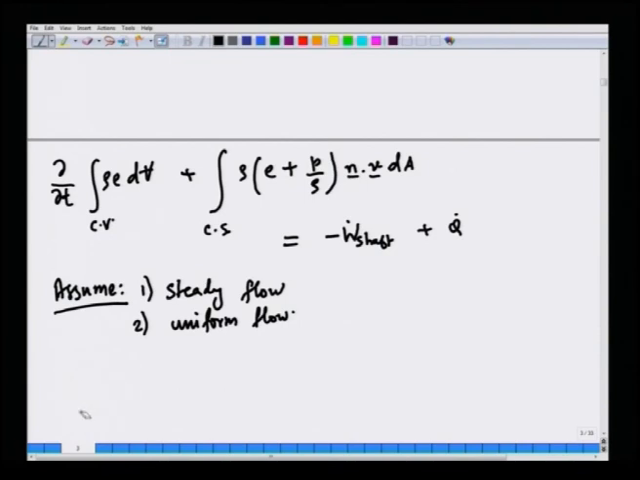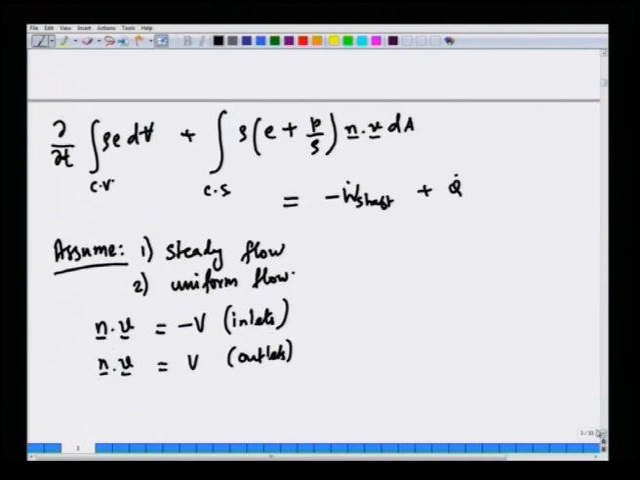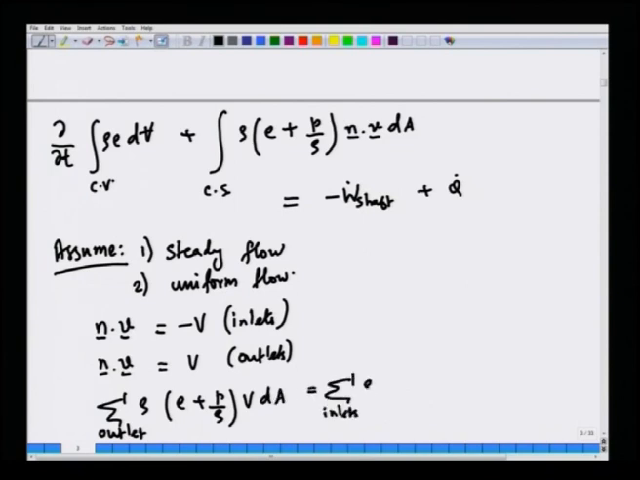And when we do this, we should also realize that n dot V is minus V at inlets and n dot V is plus V at outlets. So, the integral over the CS will become a summation over outlets of rho (E plus P by rho) times V dA, is the summation over inlets of rho (E plus P by rho), not V dA, just VA, minus W shaft